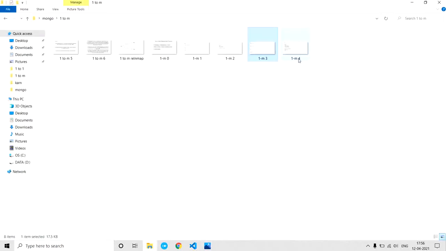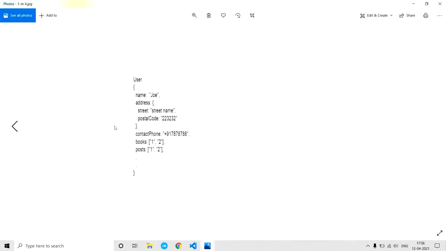So again the question comes, where to store the foreign key. In the beginning we can think the primary keys of books and posts can be directly stored in the user table, but again this is a bad way of storing. Always try to store the foreign keys in the child table, or child collection here, which are books and posts.